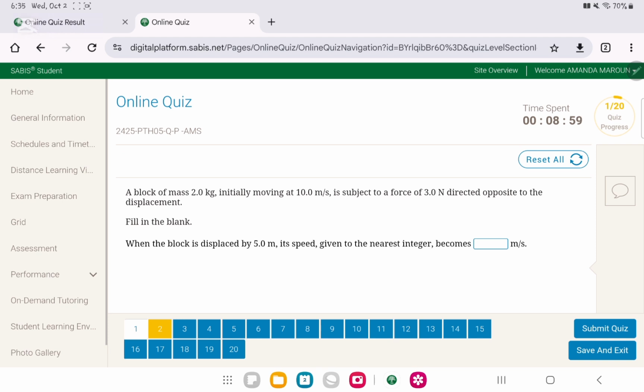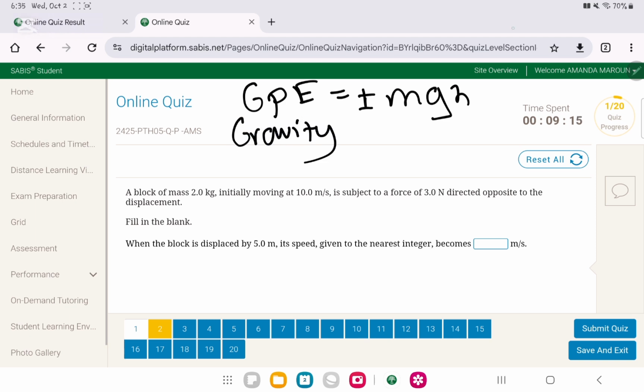Question number 2. Before we continue, let me write all the equations. We have GPE is equal to plus or minus mgh. Then we have work is equal to force times distance. Okay? Then we have the work